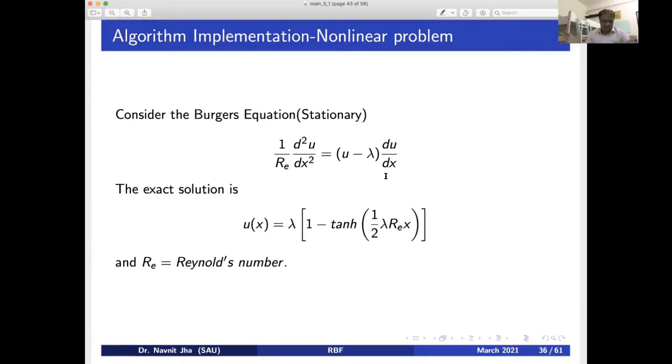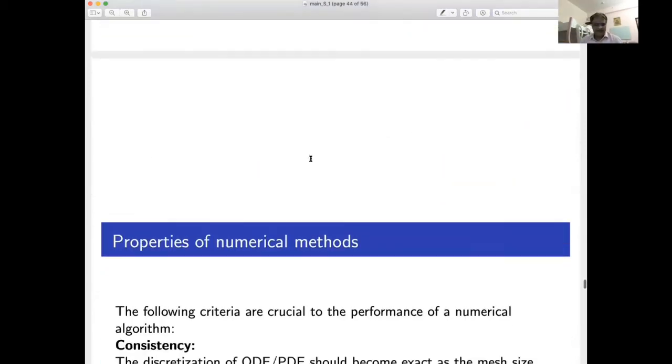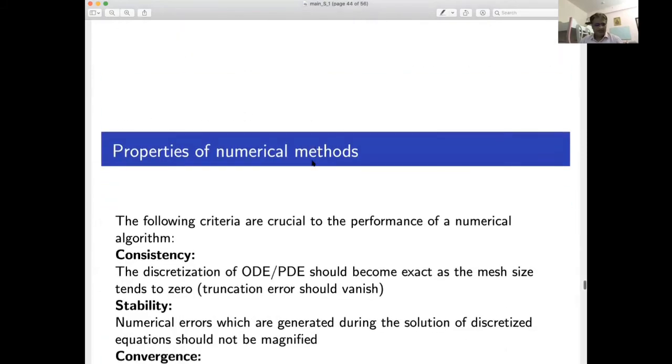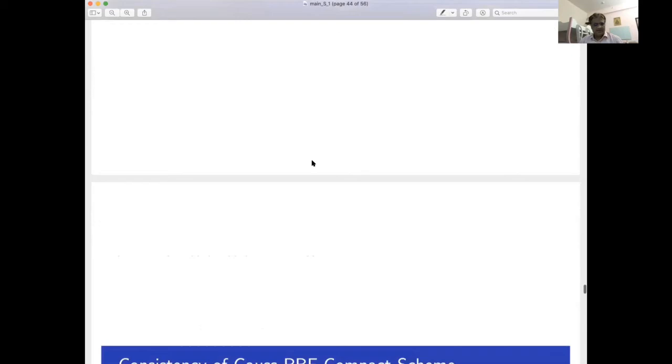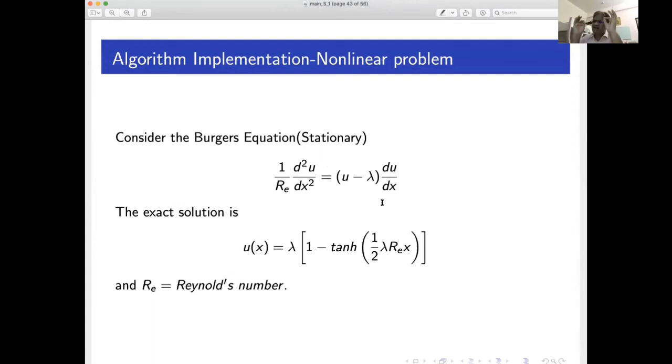And this is also related to singular perturbation problems, which is again a very interesting area. So here, please see this equation. I can write d2u by dx square, taking the Reynolds number to the right hand side. Probably I have not written f1, f2 here. Exactly here you take Re to the right hand side, and on the same line you write f1 bar, f2 bar, u naught cap remains the same, and f naught cap.